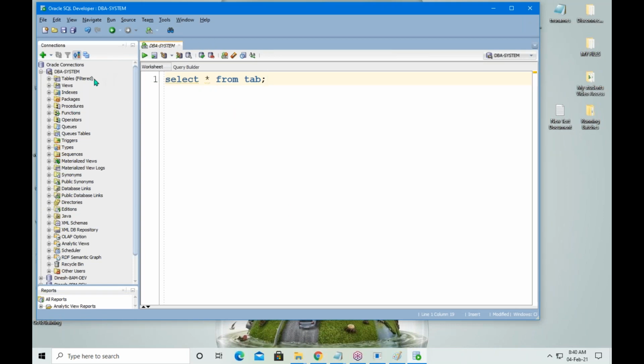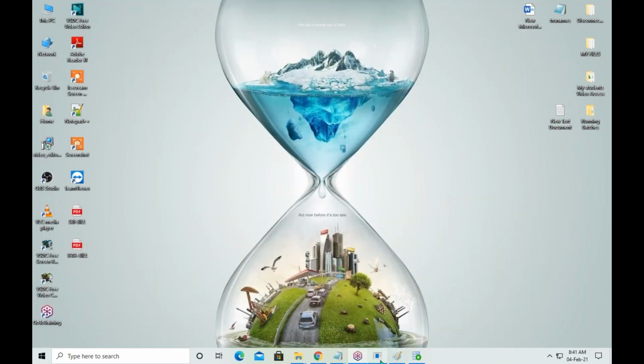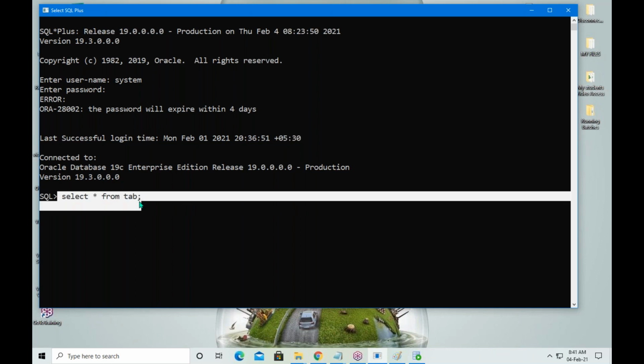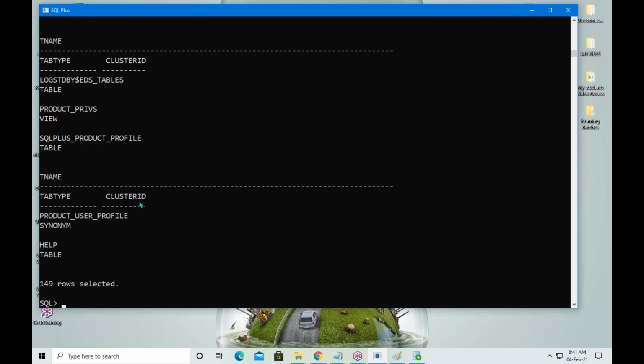If you want to see the tables here, listen carefully: go to the left side window, go to the tables folder, expand the tables folder, and you can see all the table names. What about here? In this environment, there is no graphical icon. We have to write a query and hit enter. Then you will get a list of tables.